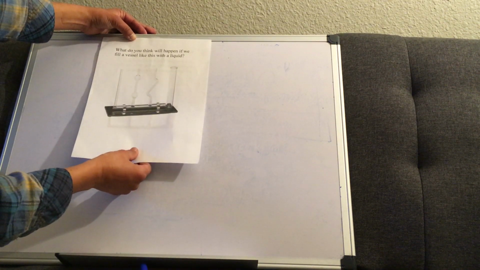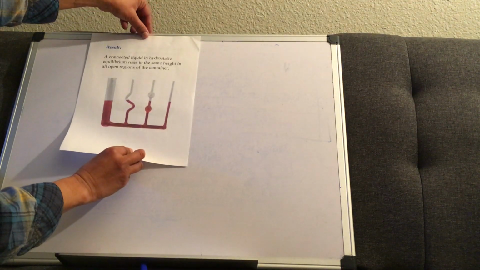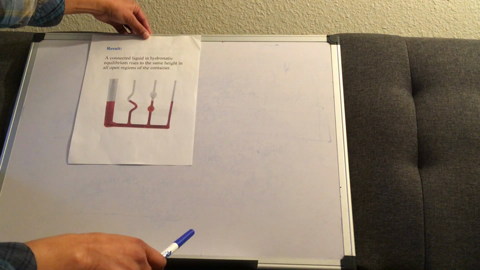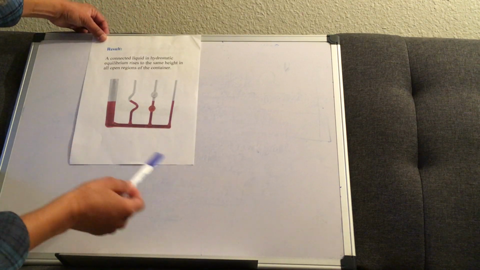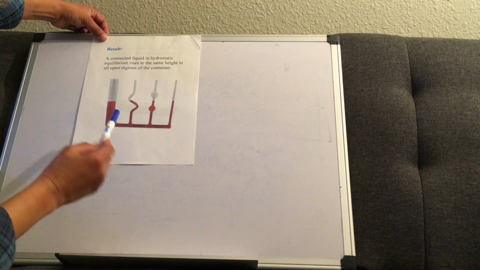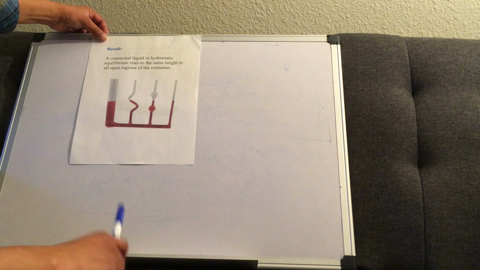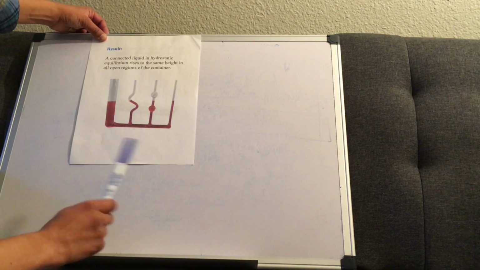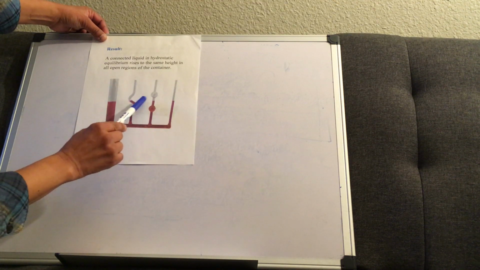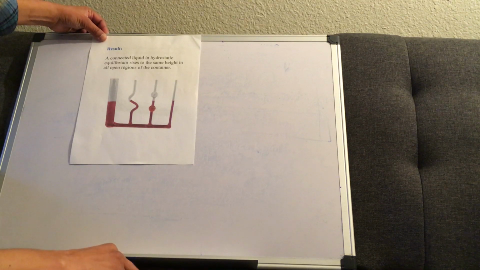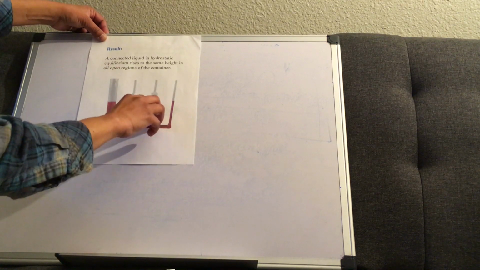Okay, so the result, are you ready to look at this result? It turns out like this. You see the reason there is the red is that I just had this picture here and I wanted you to visualize the red color. So the color is not important. The result is this: a connected liquid in hydrostatic equilibrium rises to the same height in all open regions of the container. So you see all of them are at the same height, same height, same height. Please don't mind this little red here, that was not supposed to be part of this. Okay,